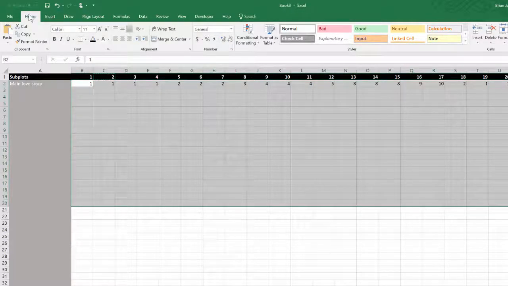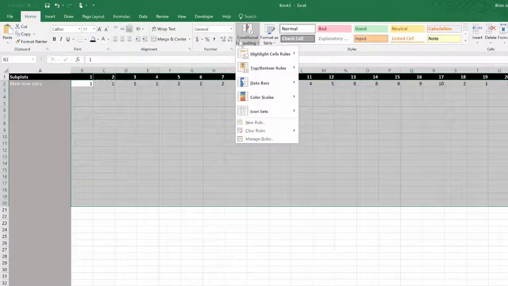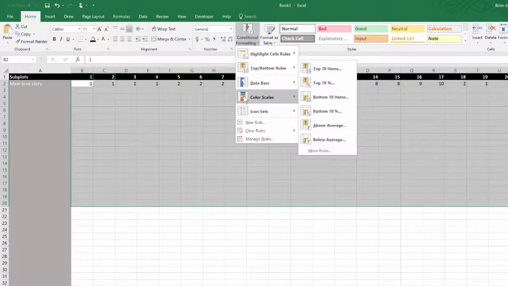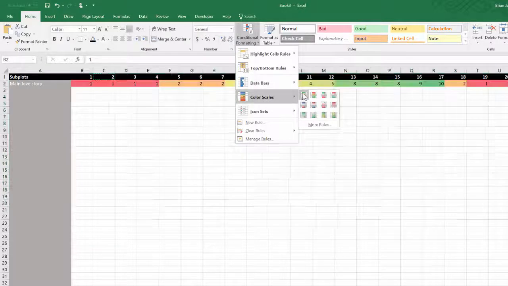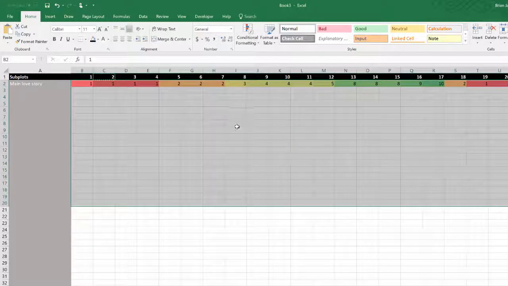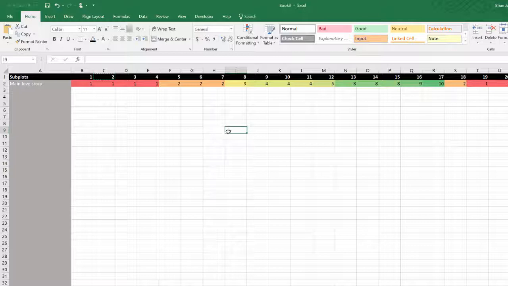and I then go to Home, notice this conditional formatting. I can format cells based on what they contain. And look what it does to the first line. So rather than just seeing numbers, you're seeing red for the worst numbers, orange for a little bit better numbers. Now this is in comparison. As far as a plot, you're talking about the heating up of the main love story. And then you come here and you go, okay, what about